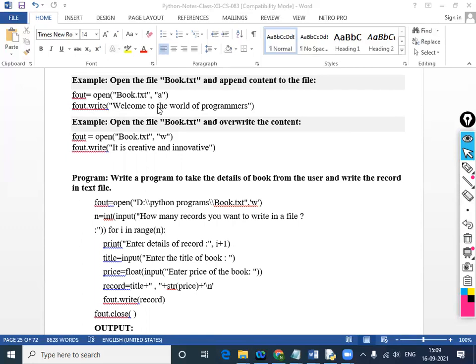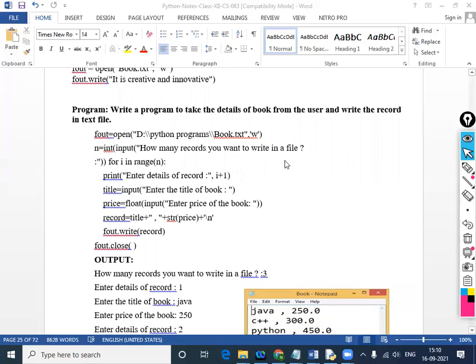Append mode always adds the content at the end of the file. This is most important. fout.write, Welcome to the world of the programmer. Example: open file.txt and write, overwriting the content, in W mode. This is the basic difference.